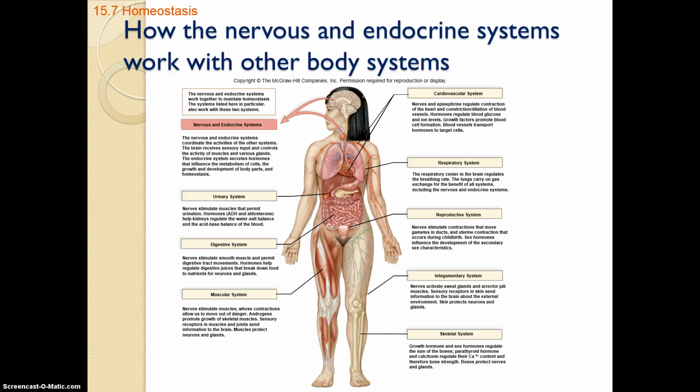And you can see it's not just one system. It overlaps everywhere. If you mess with your pancreas, you're messing with everything. If you mess with your kidneys, you're messing with everything. Everything overlaps. And so what we need to do once we get this overview through, we're going to start looking at A&P 1 and 2. How do they overlap? And your job as a nurse is, if you're fixing one thing, is it going to mess up the homeostasis of something else? So you have to be really careful on how you're trying to balance something off when the body can't do it anymore.